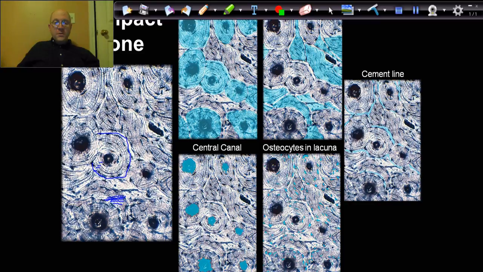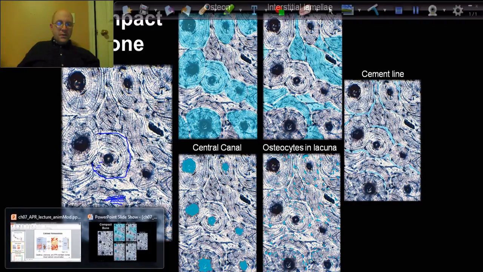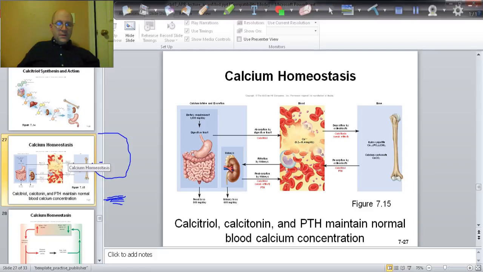So the central canal is also sometimes called the haversian canal, and the lamella are connected to one another by all the canaliculi, the little fissures that run between one cell's lacuna and the next. But when you take a look at bone from the side view once again, like this one,